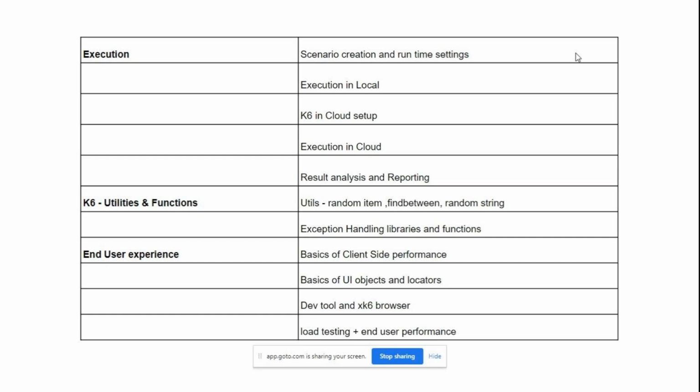Okay. And then, of course, we'll look into how to analyze the reports, analyze the results, what are the reporting options available, what are the result monitoring options available. We will look into it in detail when it comes to execution. We also will look into